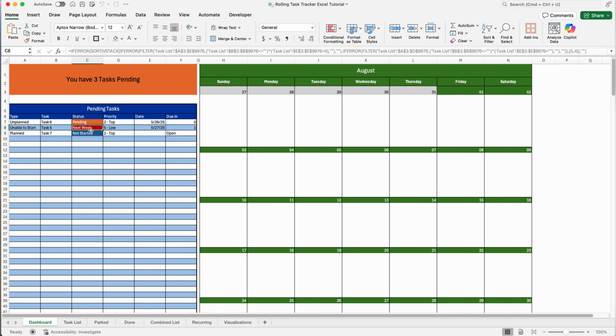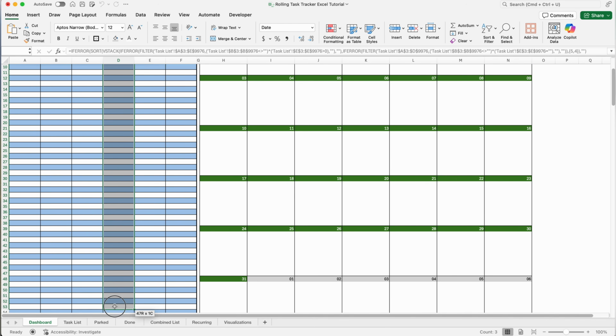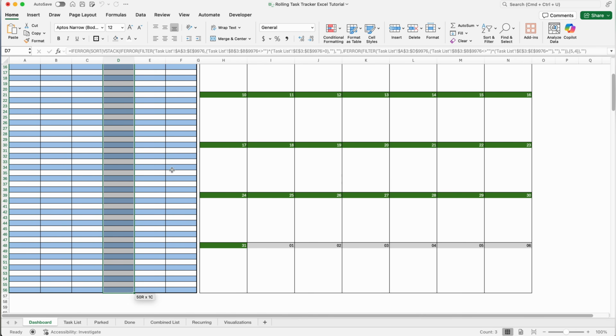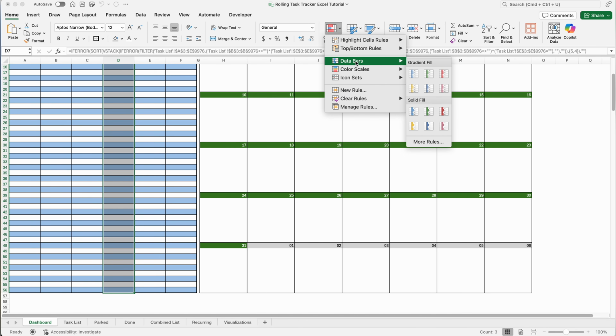And they adjust accordingly. All right, for the priority, instead of having to type everything out, we're going to do a little bit of a trick. So I'm going to select D7 all the way through D56. Go to conditional formatting, new rule,